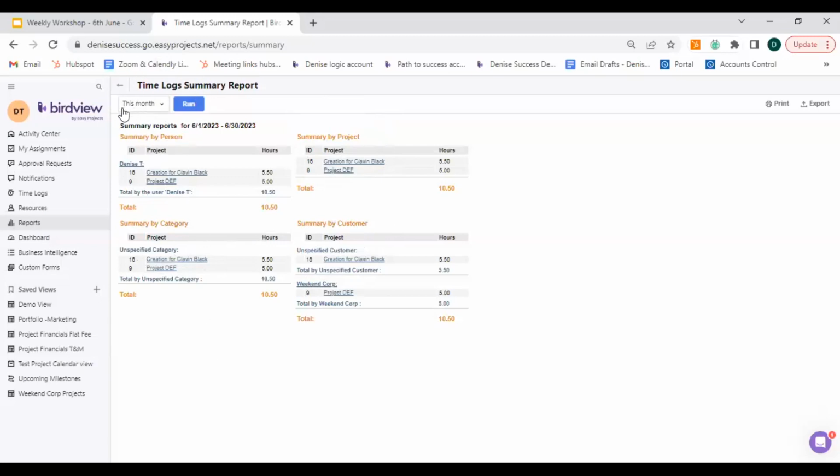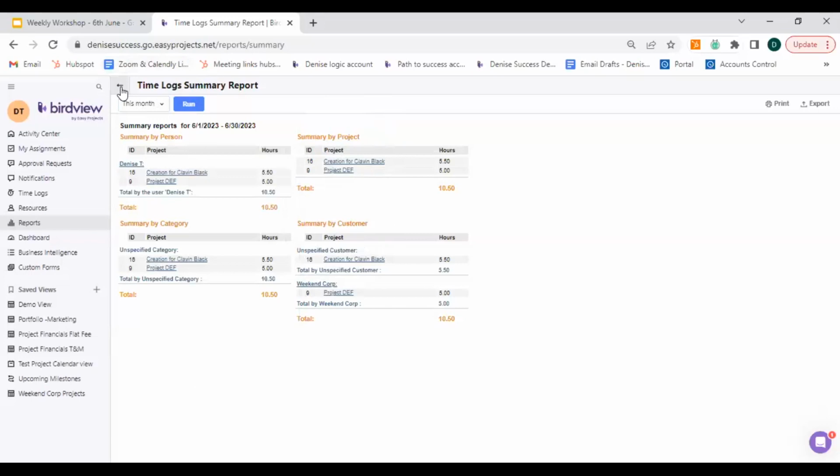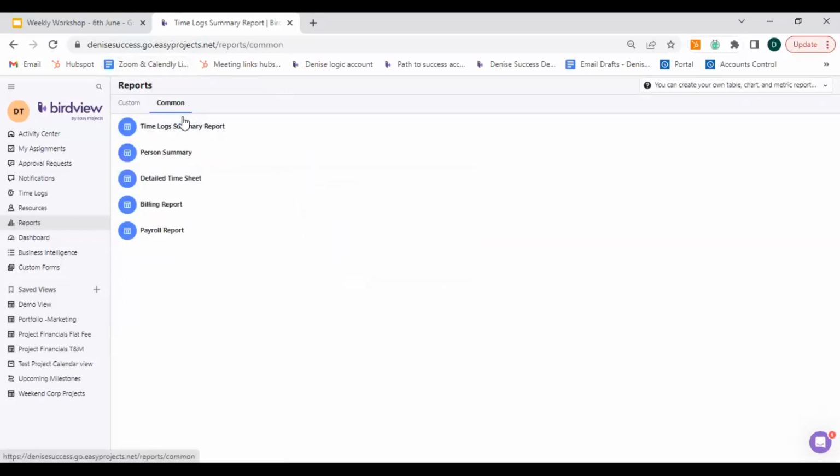So right now we're looking at information or data for this month, but you can look at any of these options that you have here. You also have the option to put in a custom date range. So all of these reports that you have within the common reports section work pretty much the same way, but obviously